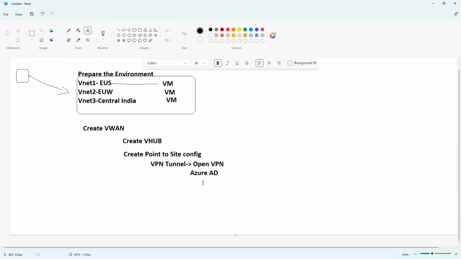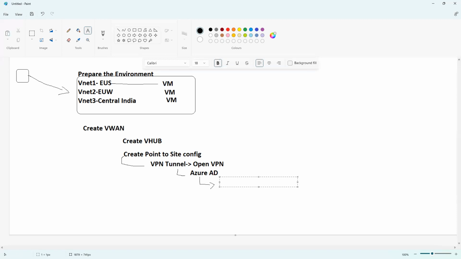So what you need to do is provide the Azure AD information while configuring this VPN. These are all the steps that you see when you select to configure the point to site VPN. It will ask you to select the VPN tunnel type. Then it will ask you to select the authentication type. When you select the authentication, obviously you have to provide the Azure AD information, right? When you select Azure AD as the authentication method, you have to specify the Azure AD